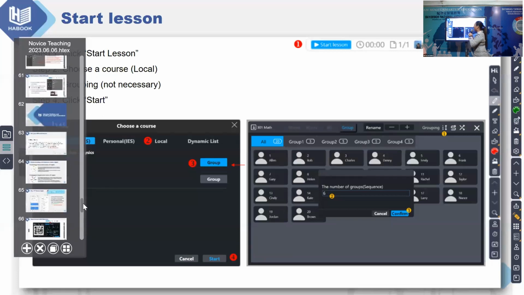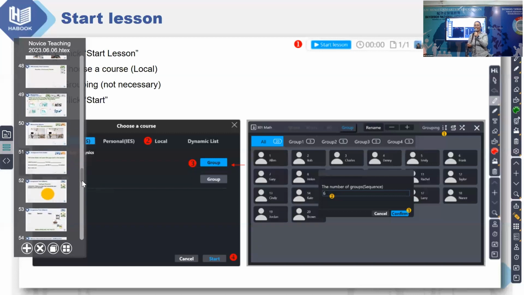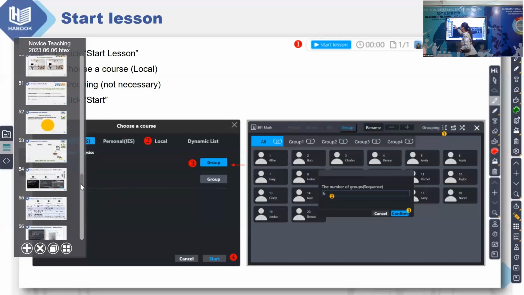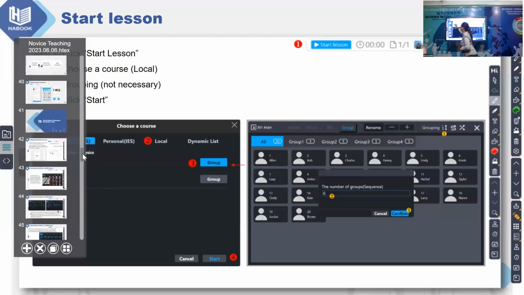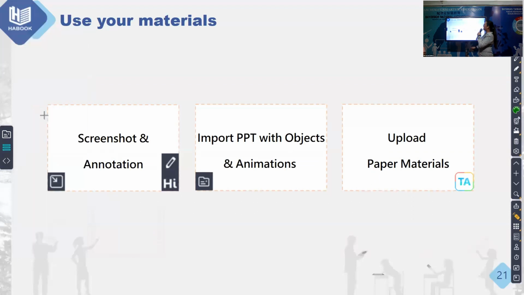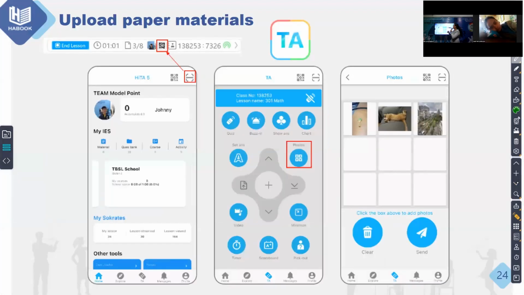option that you can use to fetch your material is, of course, using our teacher assistant tool, which is the HiTeach. All right, this one. So we are done with the first procedure, done with the second procedure. Another option to fetch your material is with the use of your HiTA5. I will be getting my mobile phone because later on I'm going to use it to fetch my material. So here, when I scan the QR code